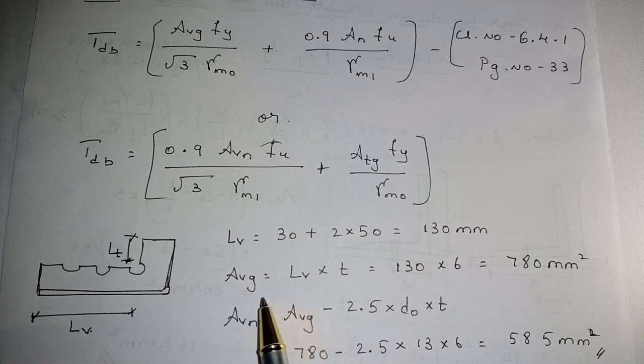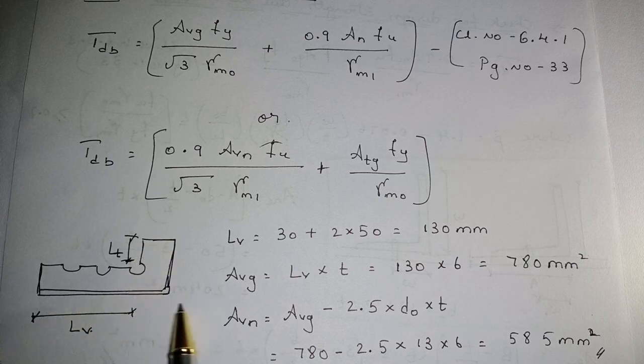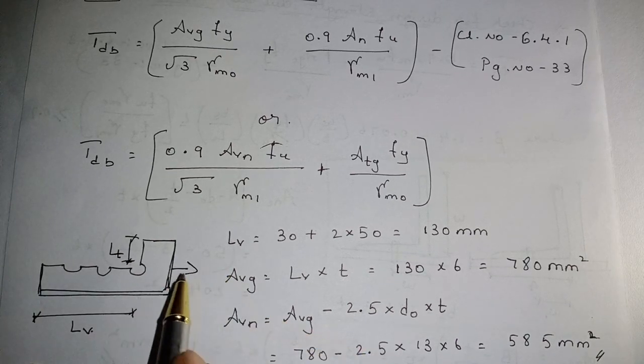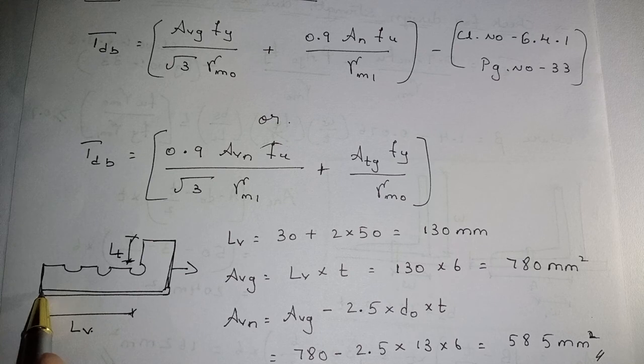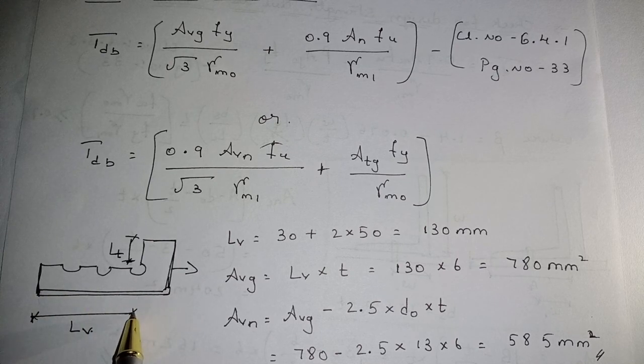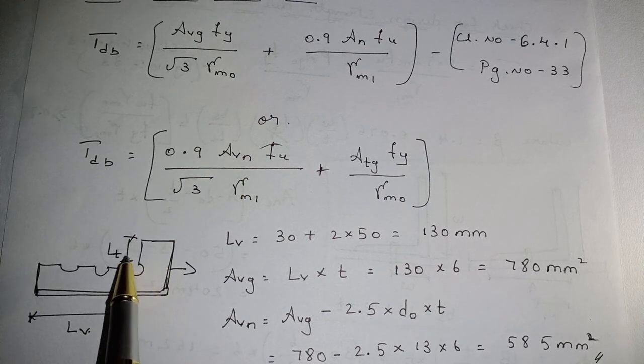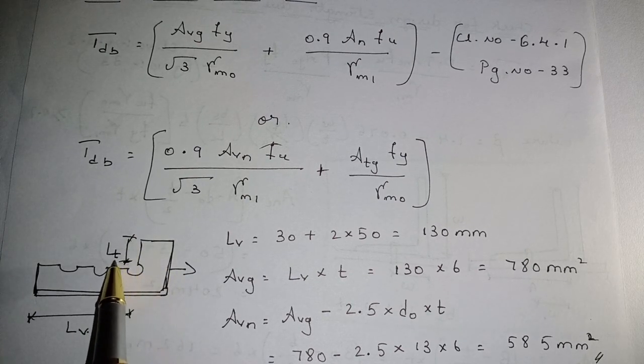So now we'll find out what is Avg first. Okay, to find out Avg, V means like this direction, T is tension. Okay, so in this we'll find out what is Avg and Avn first. Okay, minimum gross and net area in shear along a bolt line parallel to external force. External force is in this direction, right? Along with this means this one. Okay, from the last till the end, middle of the end bolt. Okay, we call that as an Lv. From this, perpendicular to the force, will be the Lt.